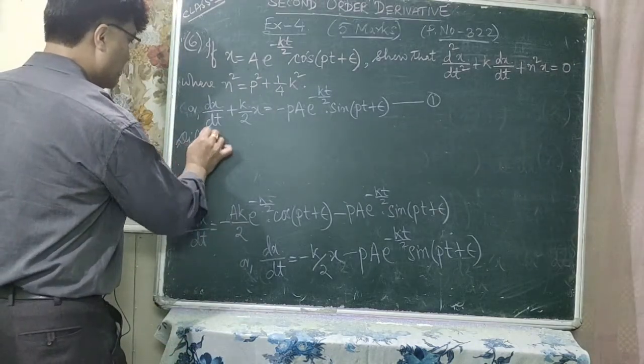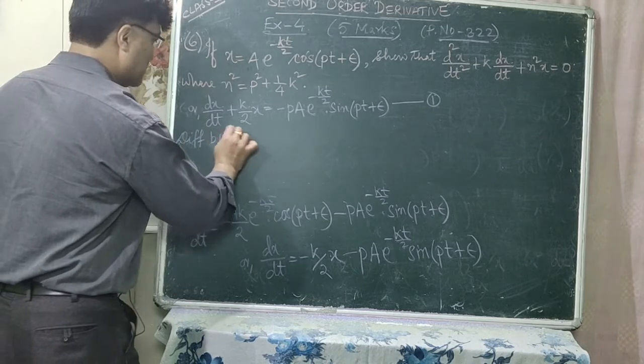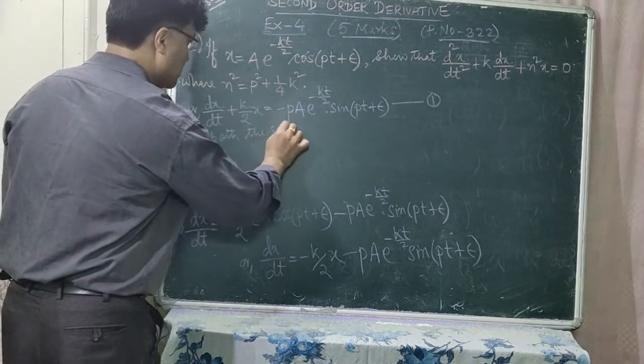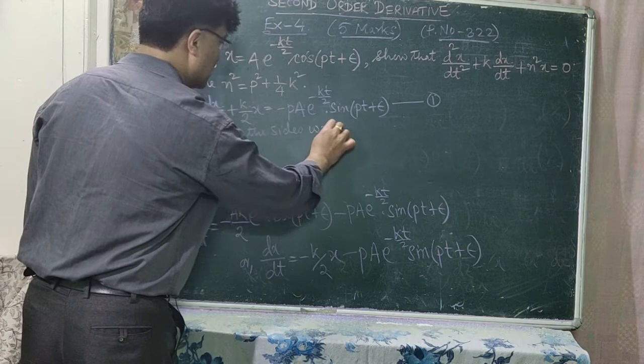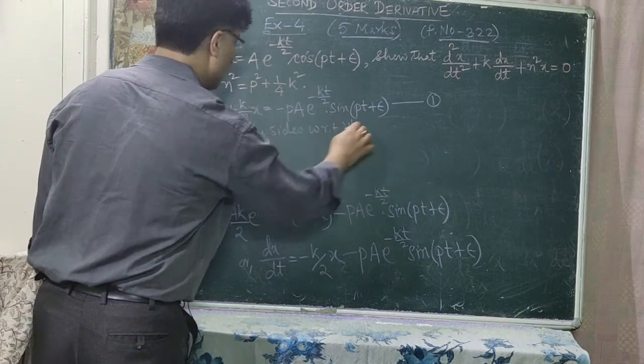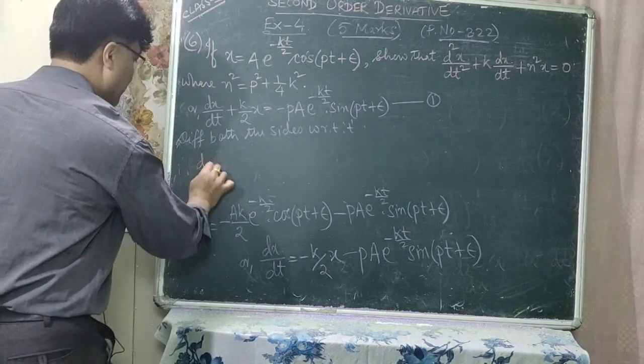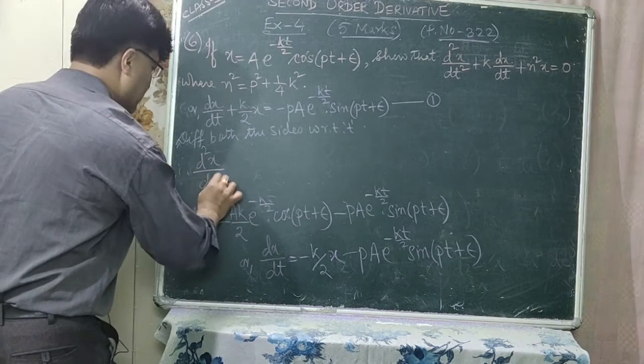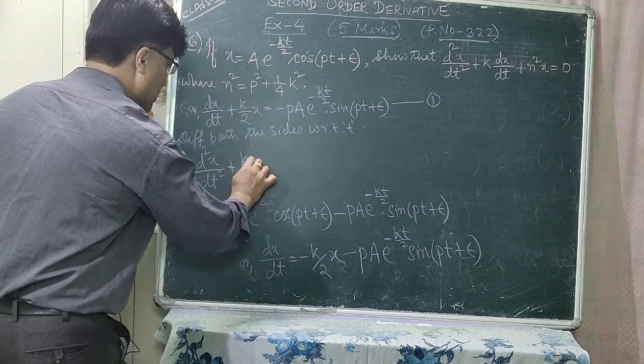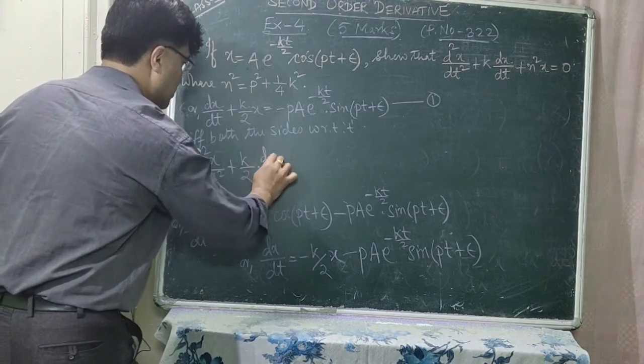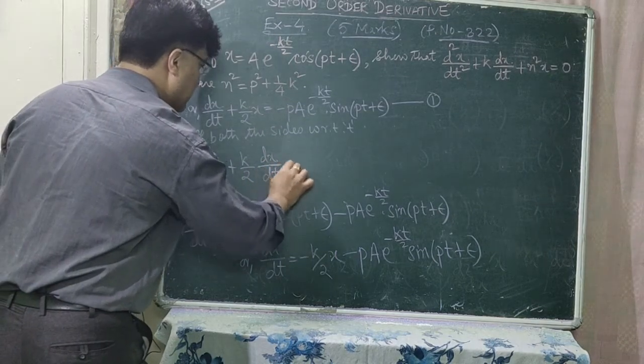So differentiating both the sides with respect to t. So therefore d2x by dt square plus k by 2 into dx by dt is equal